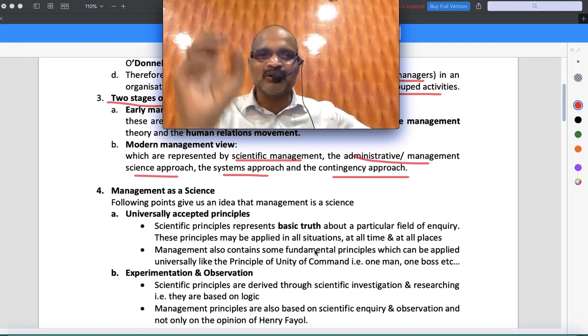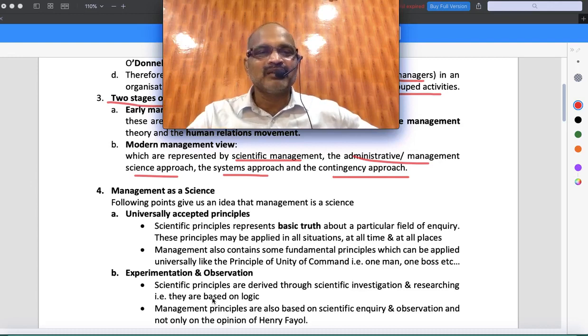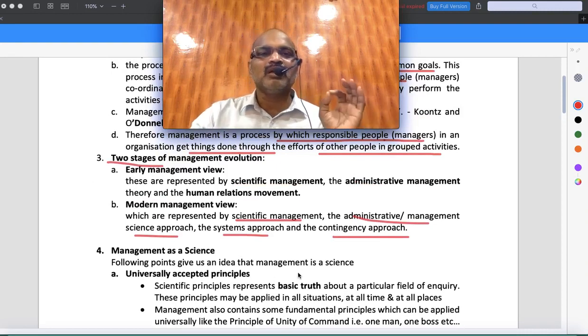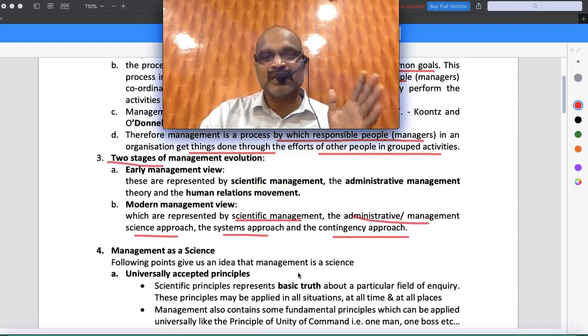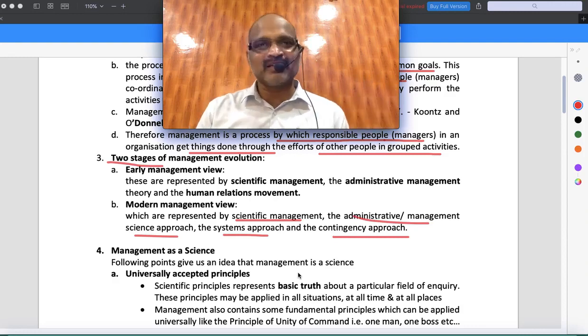Slowly go along with me, and when I'm reading the points, make sure you read and underline in case you have taken a printout. Okay. Everyone, no confusion here till now. So I said management is about getting things done. This we do with the help of resources, and we need coordination of all the resources, then we get things done. So management is an art of getting things done, right?